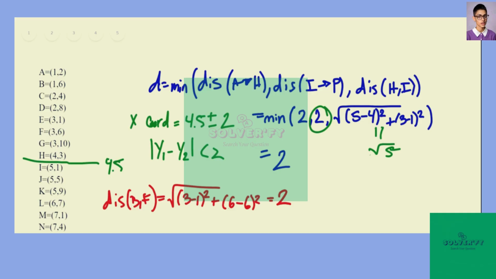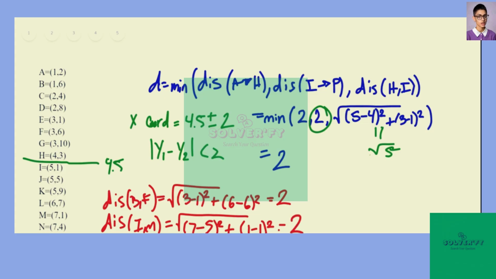Here we get 2, the square root of 2 squared. And then, of course, the distance between I and M is going to be 7 minus 5 squared plus 1 minus 1 squared. And so we get the same thing, 2. So these are the